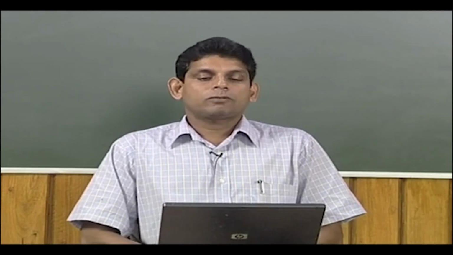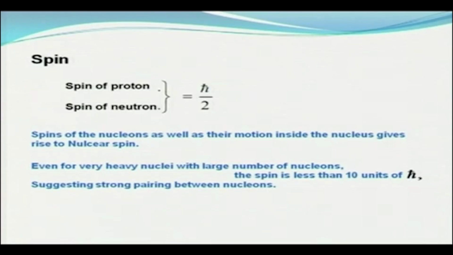But what is observed is otherwise. Spin of any nucleus that is familiar to us is not more than 10 units of h cross, which is small compared to 200 or 300, which is a possibility in principle when we take those many nucleons and add their spins and their relative orbital angular momentum, but that is not seen. So, this particular observation suggests very strong pairing between nucleons with cancellation of angular momenta, cancellation of the spins of